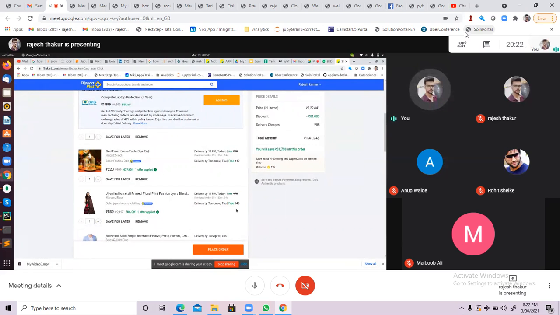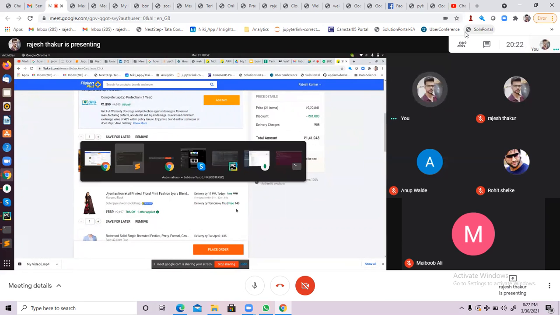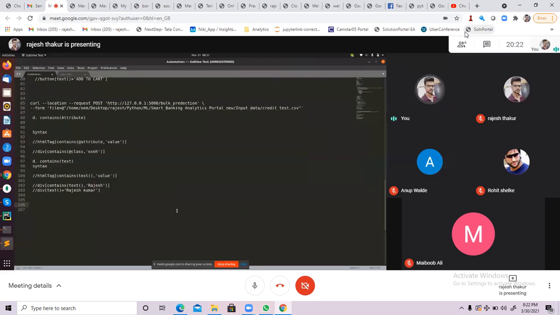So we are going to learn XPath for the dynamic element. We are going to learn a new concept. This is one of the favorite interview questions: what do you mean by the dynamic element? You can put as many stars as you want here, because this is the question. If you are going for an automation interview and this question does not come, then that interviewer doesn't know anything.